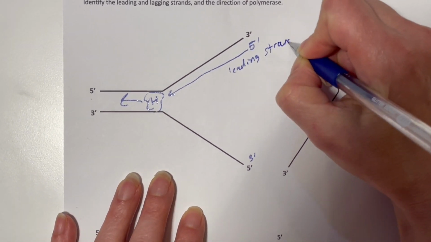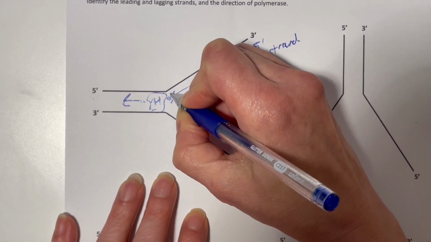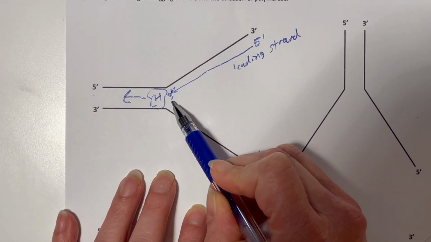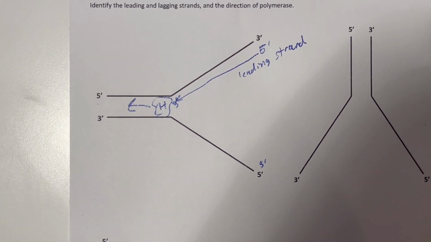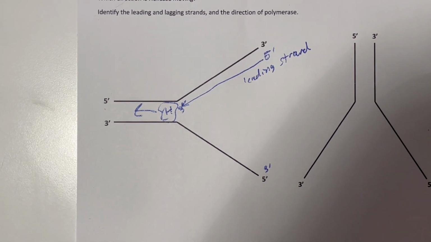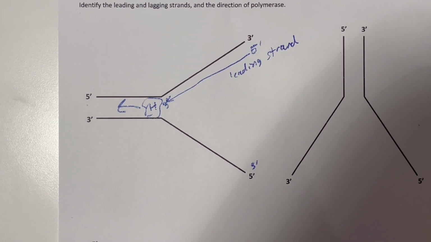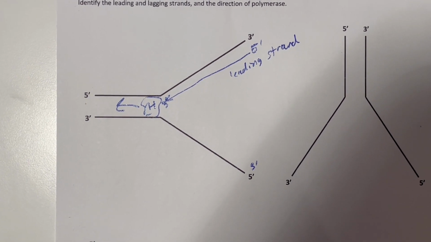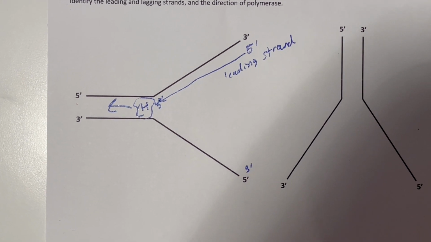Hopefully you will use better handwriting than I did. And then we would label this the 3' end. Students often forget to label the 3' end of the leading strand in this assignment. And so next, I want to talk about the lagging strand. It's called the lagging strand because it's built slower, because the double helix has to be open for a little bit longer, and then polymerase still works in the 5' to 3' direction, but it has to jump ahead and